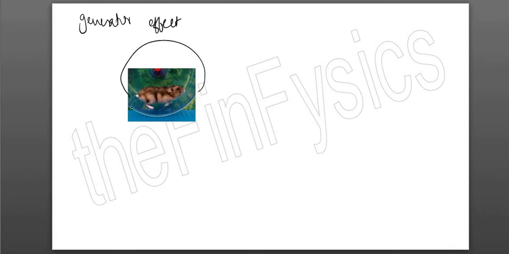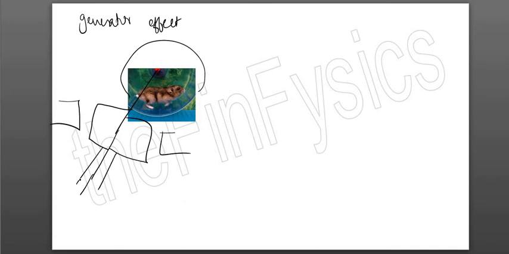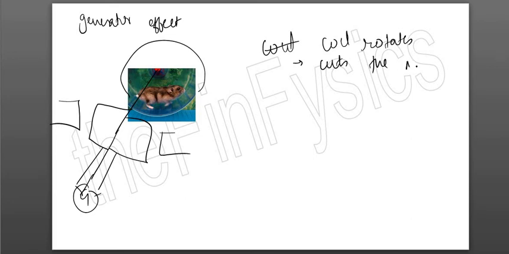Okay, so we all have seen this, where you have a wheel in which a guinea pig or a hamster runs. Okay, this is connected to a coil, and over here you will have magnets. The coil will be connected to either a galvanometer or a bulb. Okay, as this hamster runs, it will rotate this part, which in turn rotates this iron coil. Okay, or any a copper coil, or it can be any conductor. Now when the coil rotates, it cuts the magnetic field.